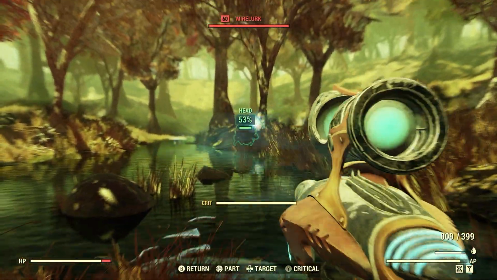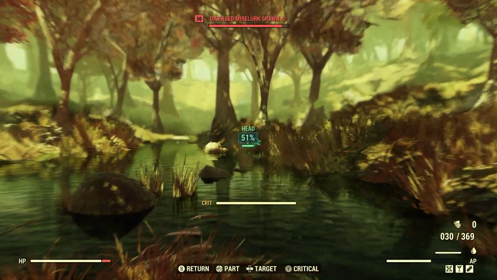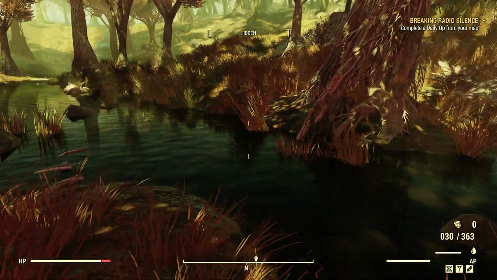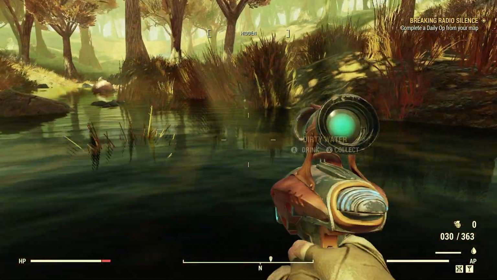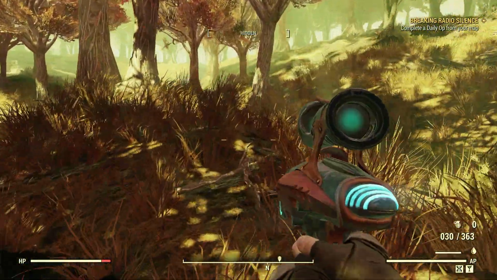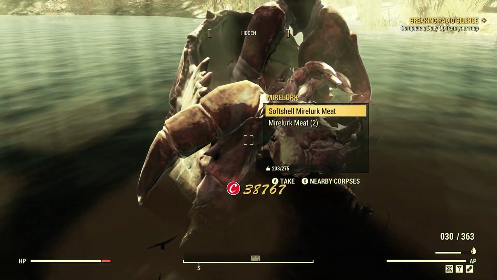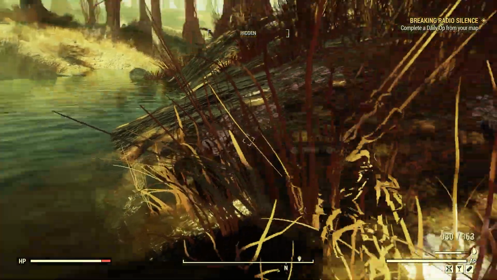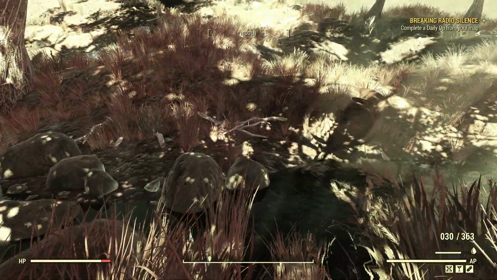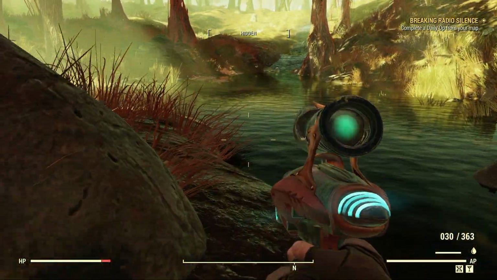We got a Mirelurk there. Let's get this guy. All right, let's keep going north. All right, good stuff. Let's get this Mirelurk meat off that guy, so that way we can cook that up. Now, Drew did mention that